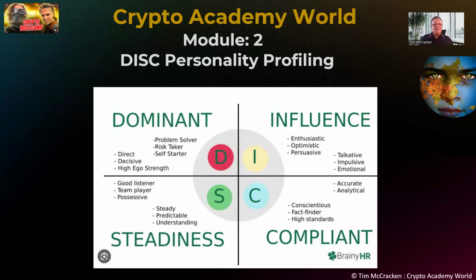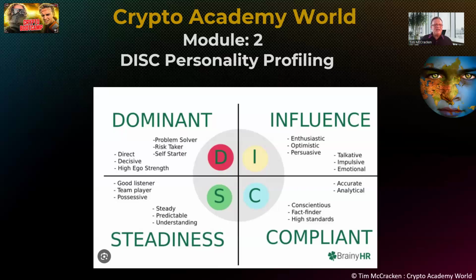Now, some of these quadrants aren't really particularly suitable for cryptocurrency. What I'm referring to is the S, right? Doesn't mean you can't do it. It just means that when I'm consulting with you and the team's working with you, it's really good to know that you know who and what you are. The best combination for any type of investment is a DC.